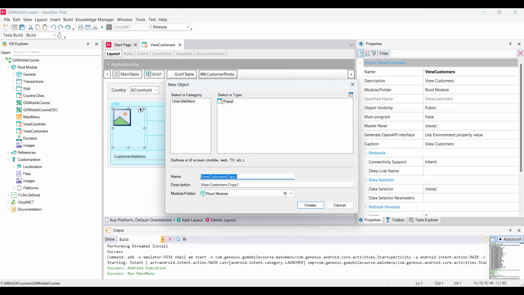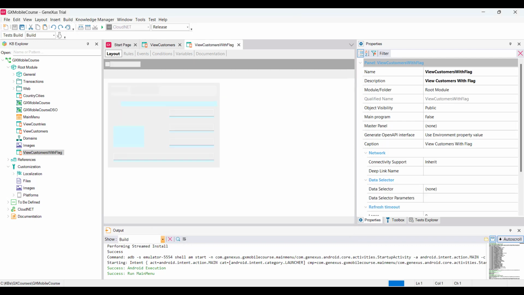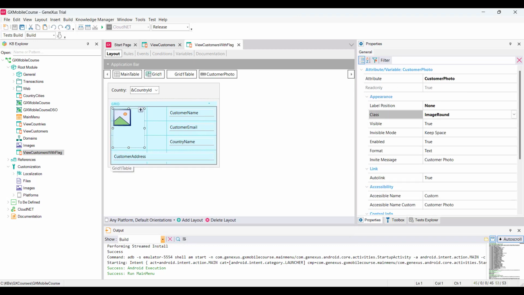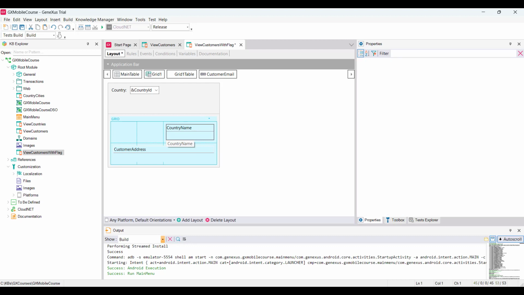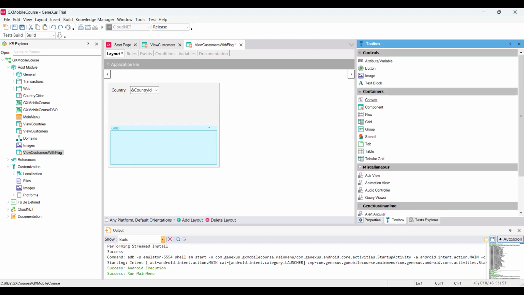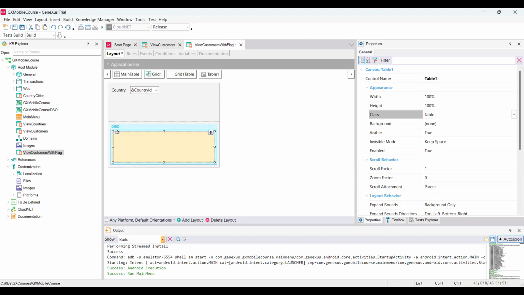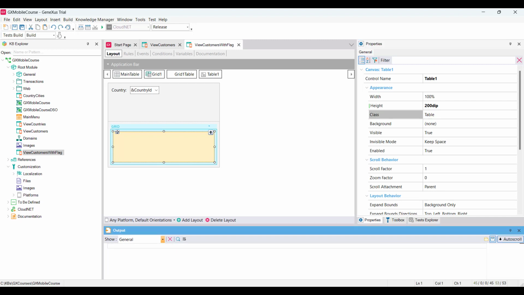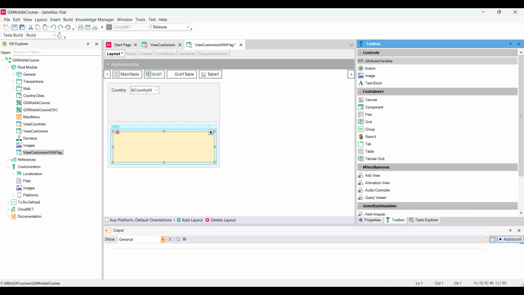To use it, first we save the panel as View Customers with Flag, delete the grid controls, and drag a canvas control. We set its height property to 200 dips and leave the rest of the default values. In the canvas, we place the country flag attribute,